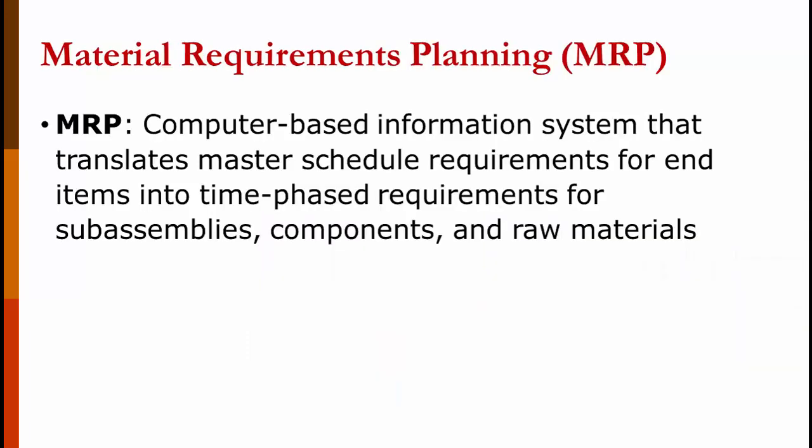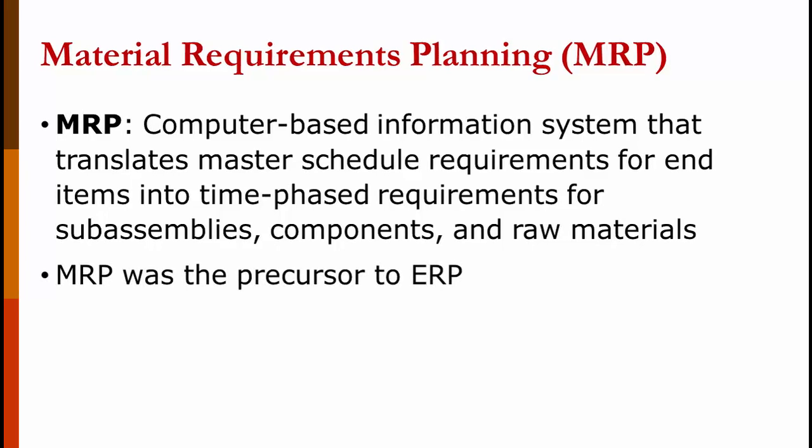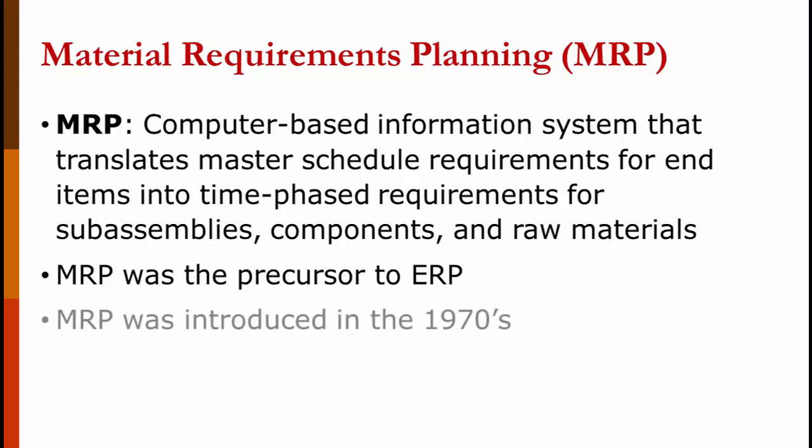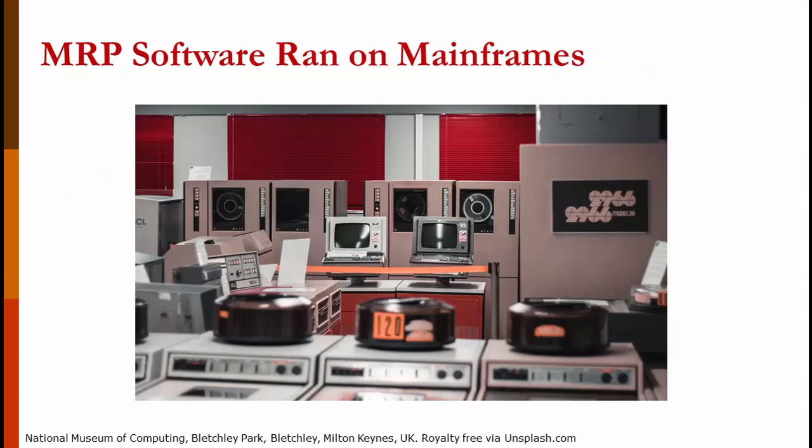Material requirements planning is defined as a computer-based information system that translates master schedule requirements for end items into time-phased requirements for subassemblies, components, and raw materials. MRP was a precursor to enterprise resource planning, and MRP was introduced in the 1970s. When MRP was introduced, it ran on mainframe computers like the one you see on the screen. These mainframe computers would cost millions of dollars, and then they had additional costs for the computer room to put them in and the operators to run them. That means that companies got more than those millions of dollars in value from the MRP